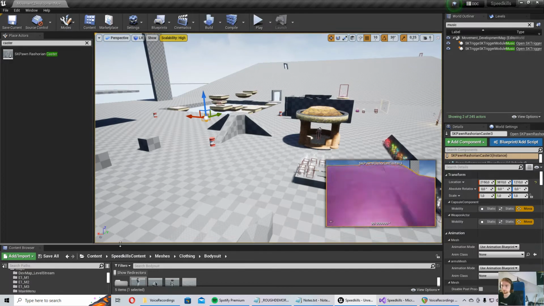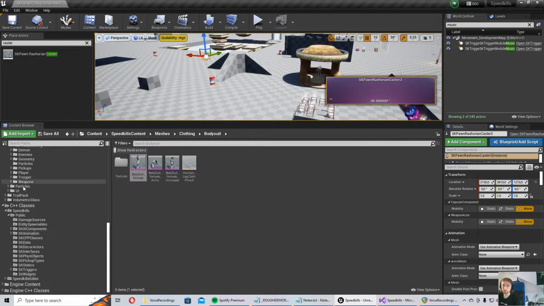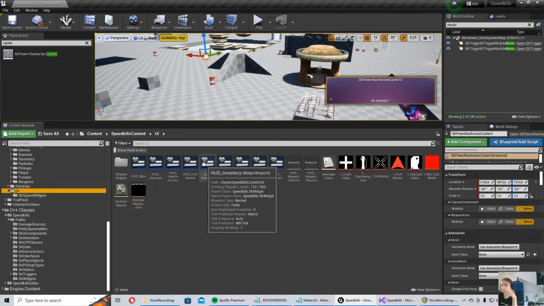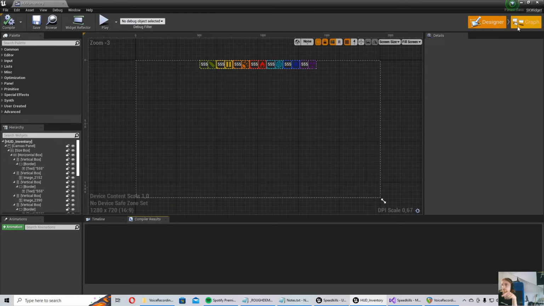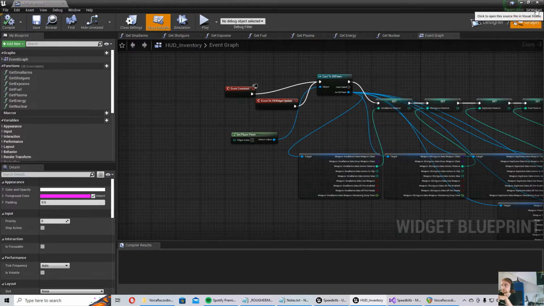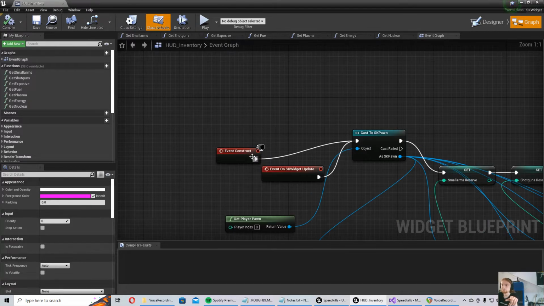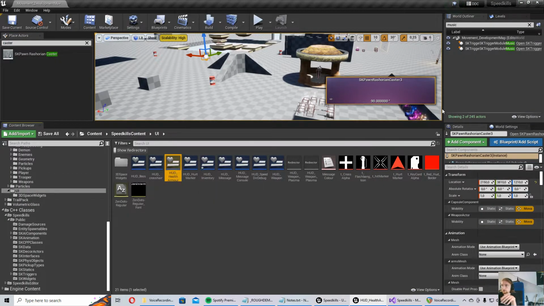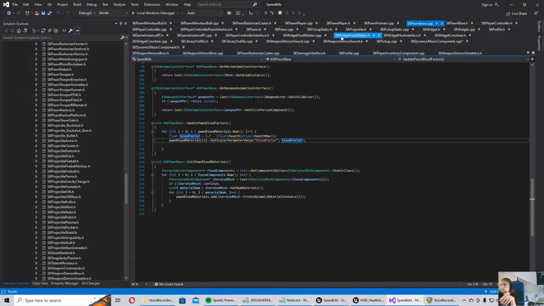Let's talk about UI then. So UI has been reworked. The way UI used to work was all UI elements used to just have a tick timer that would constantly poll for changes, which was terrible. So the way it now works for everything is it's inherited from SK, which is my own custom widget component in C++. And that widget component basically has a SK widget update function. I'm not going to explain how everything works, but for example, for health and armor, it's really simple. So if I go to my pawn class for C++,